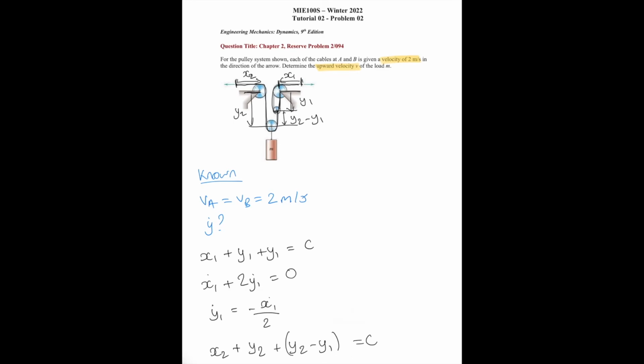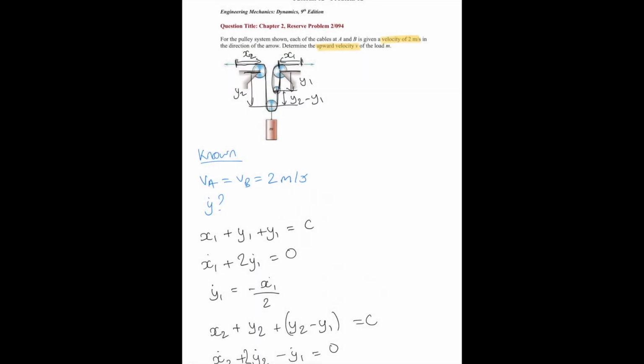And when we differentiate that, we get x dot 2 plus y dot 2 minus y dot 1 is 0. Now we already have the value for y dot 1 over here, so we can substitute this equation into here to get